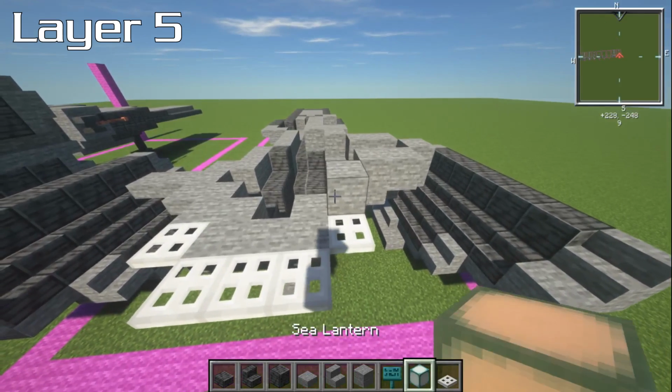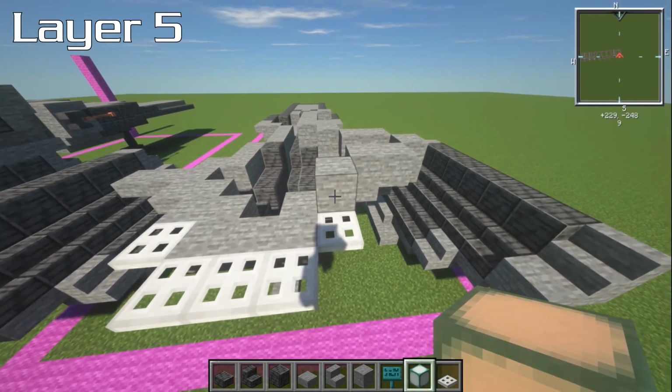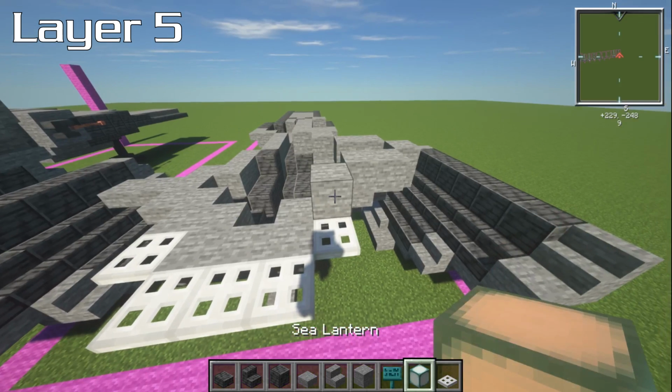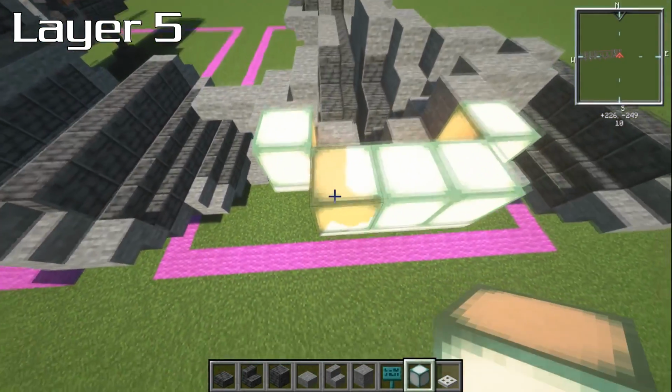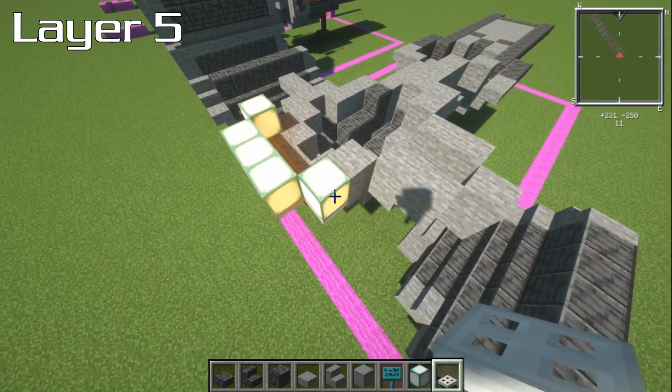And that will bring us to the engine part of it. So I used a sea lantern for this, up to you guys what you want to do. It's got a kind of green colour to it, that's why we're going to be using a warped sign as well. But place your sea lantern on top here. 3 blocks on the back here, and then 1 on top of there. So all of those iron trapdoors. Now I'm going to place an iron trapdoor on the side,